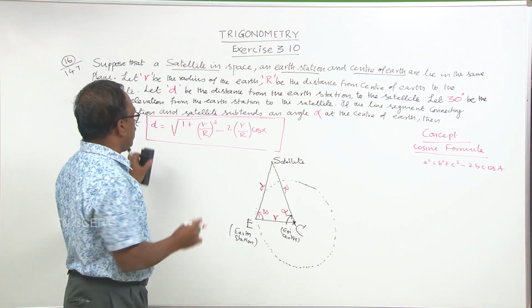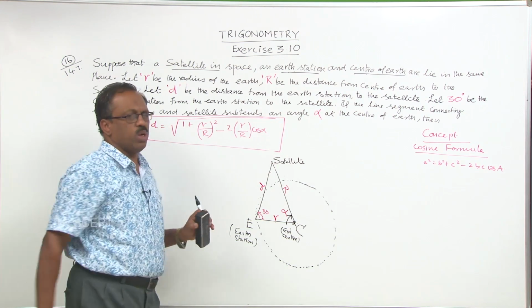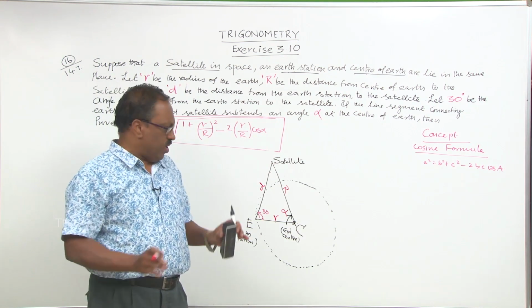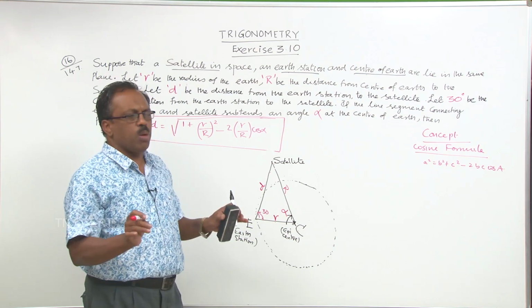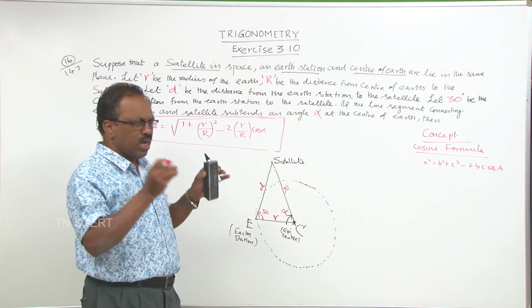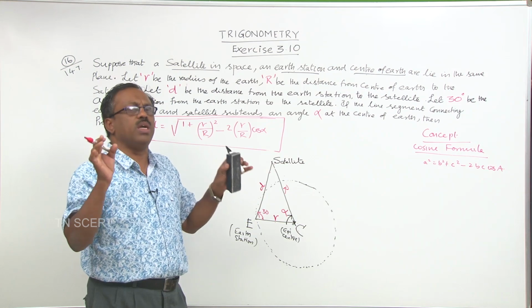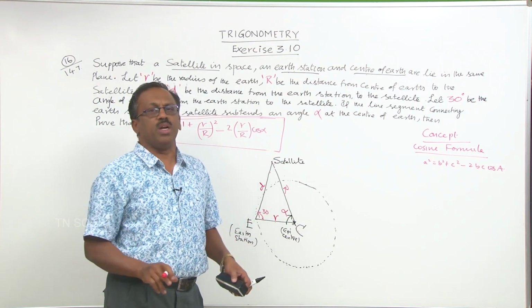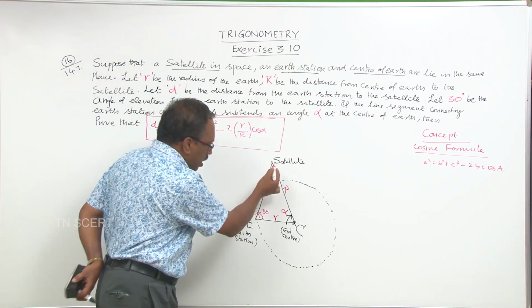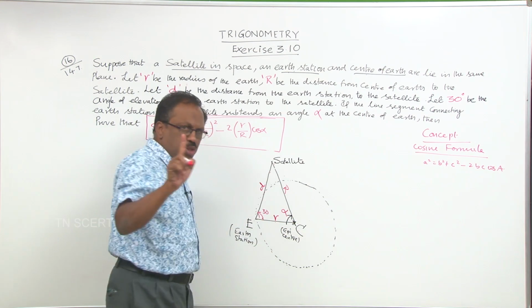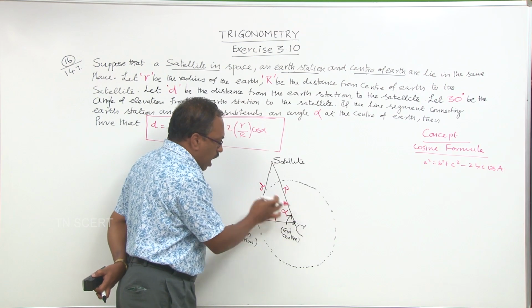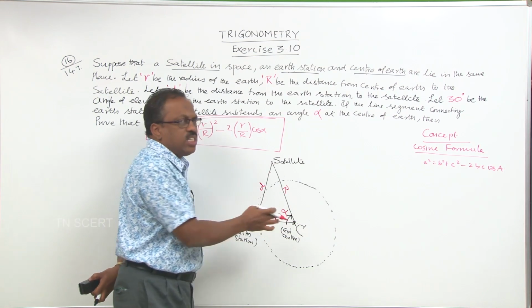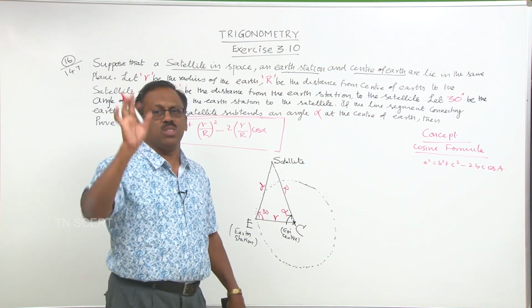So then prove that the small d is equal to this; this is the one we have to prove. First of all, you should understand this problem clearly so that the sum is nothing to worry about, so simple and easy. How can we incorporate trigonometry? In trigonometry, once you know an angle and two sides, or three sides, we can very well calculate the unknown side.